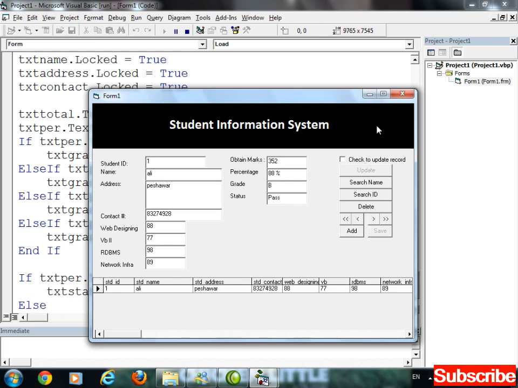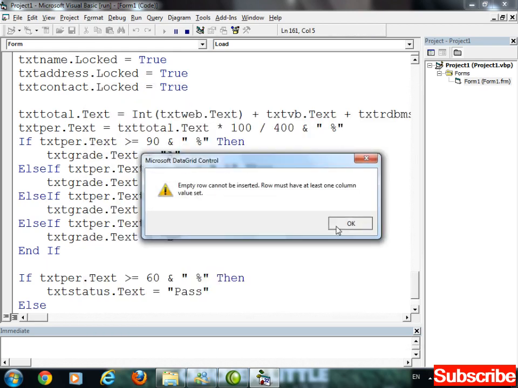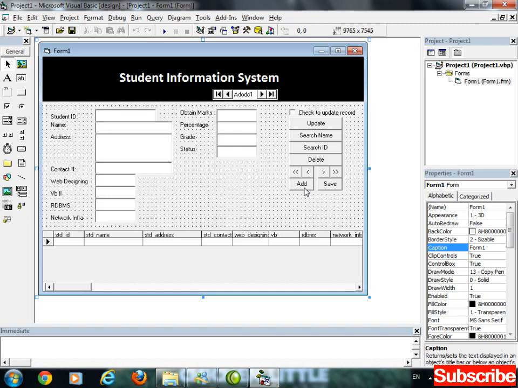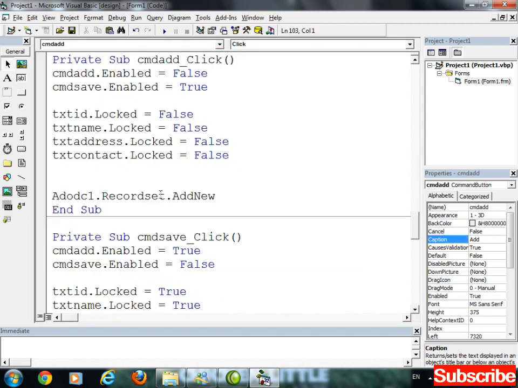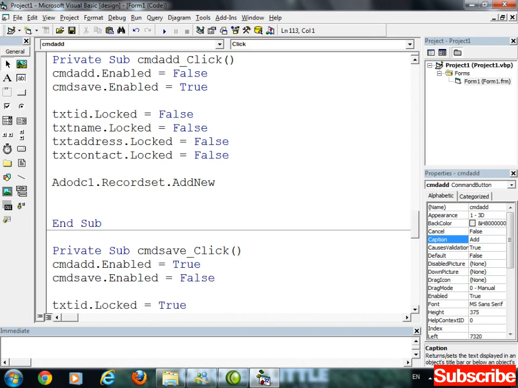Now we are going to add another record. Add a new record. Okay, so these text boxes should be clear while I am pressing the add button. So double click on the add button. Here you have to clear the text boxes.